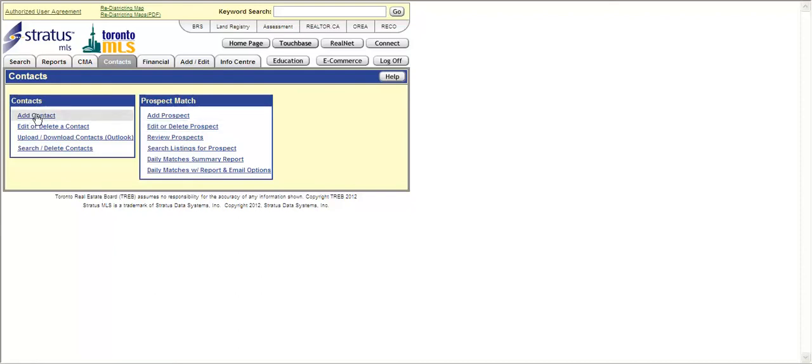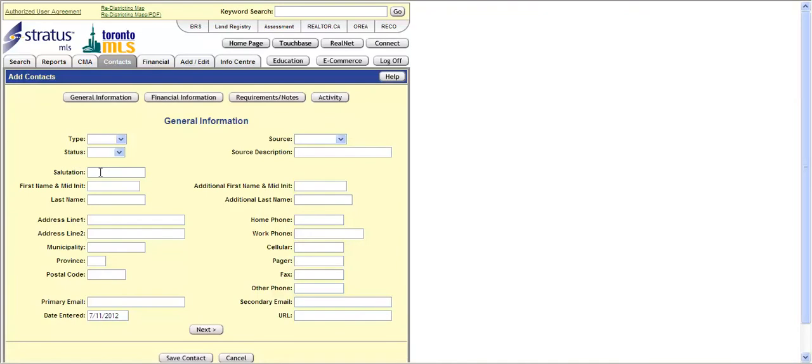So I will go into Add Contact, and you can just leave the minimum information. Salutation would be Mr. or Mrs. or however they'd like to be addressed. So I will put Mr. John White. I can insert the property address information here, but really for the purposes of setting up a prospect match, you really only need to have their email address. And I will just utilize my email address